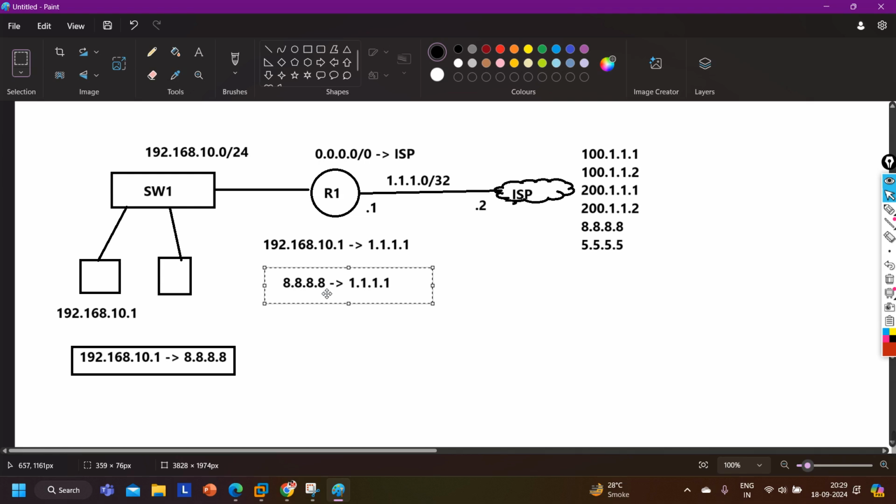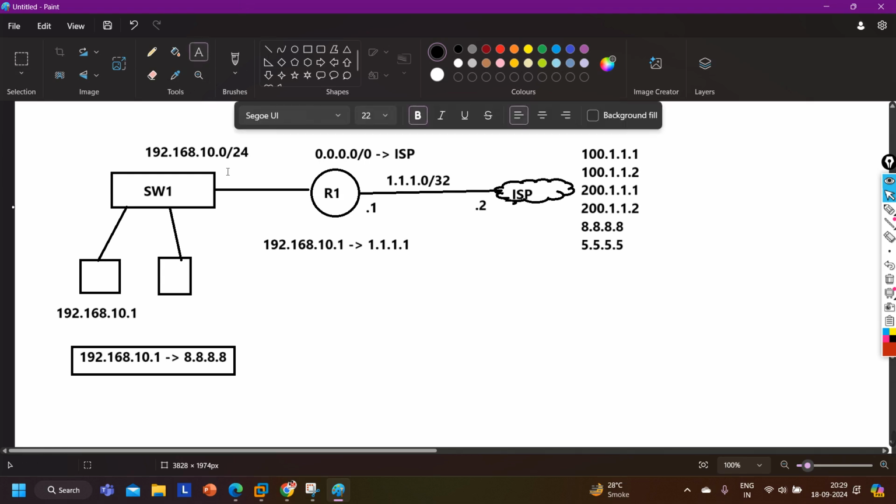So the source will be the same, 8.8.8.8, and the destination will become 192.168.10.1, right? This is how NAT works. But how will the router know that whenever I receive traffic on this interface, I need to perform translation? So guys, there is some terminology of NAT. Let's understand some terminology.